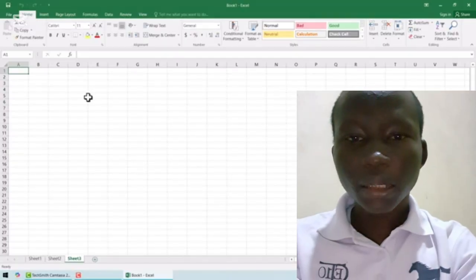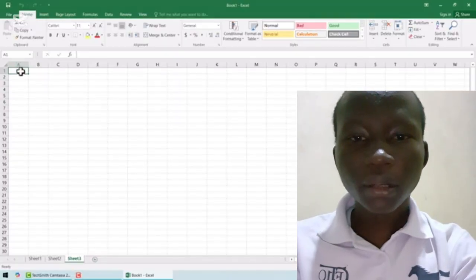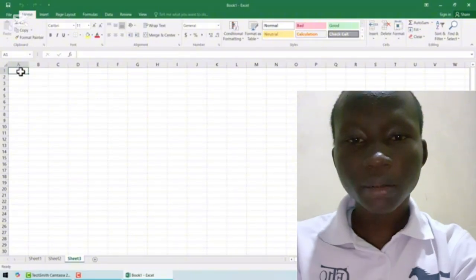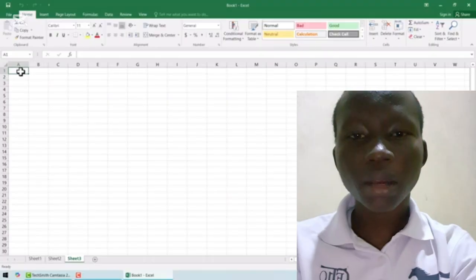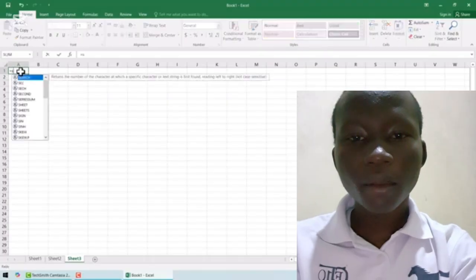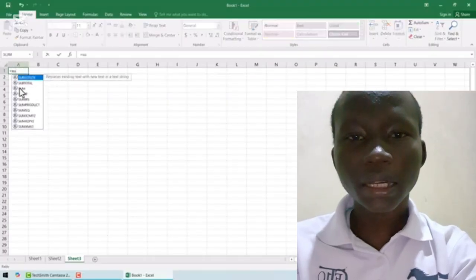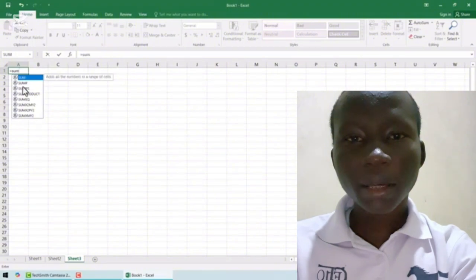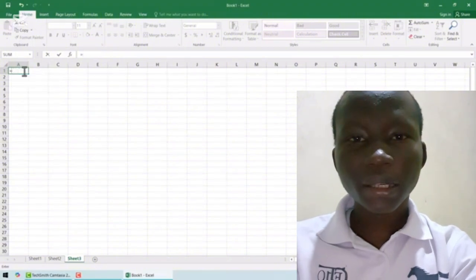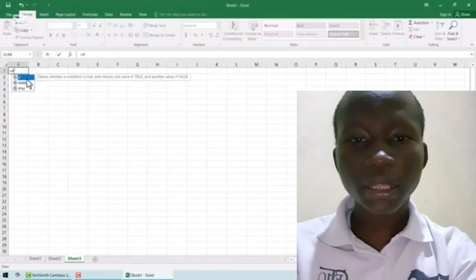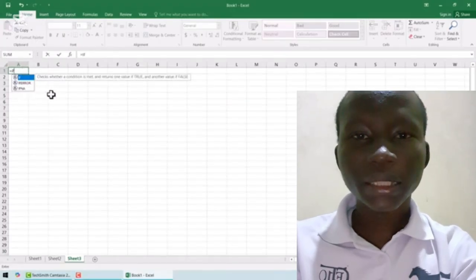Then there are formulas. In Excel, we have formulas like summation, average. You can enter all these things in Excel. You can put an equal sign, sum comes in, so you put the word sum, or you can use IF functions. You can put an equal sign, IF, then you put certain figures. So that is the IF function. So then there is also